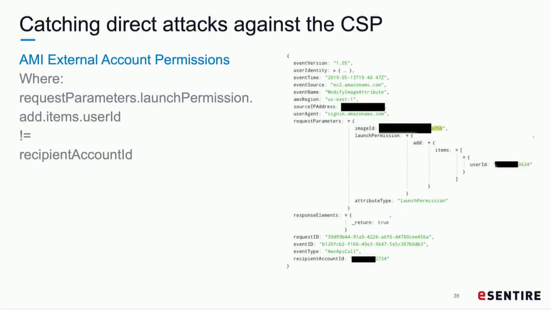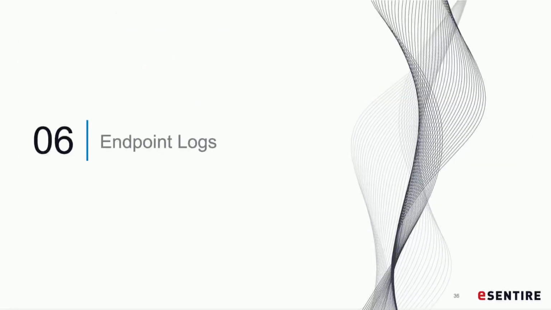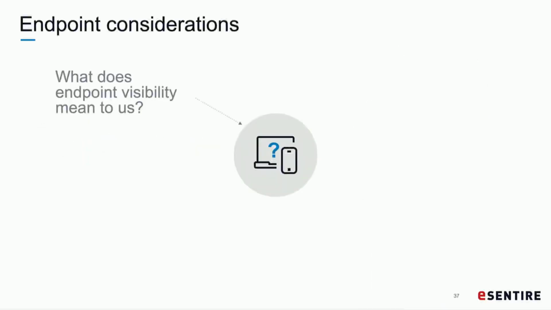All right, Kurtis is going to talk a little bit about endpoint logs in those cloud service providers. Yeah, so how can we use logs from the endpoint to provide better visibility? For us, what does endpoint visibility mean? We're talking strictly about VMs. We're not talking about microservices. We're talking about the use case when you're moving some server infrastructure into the cloud and it's running some sort of business function.